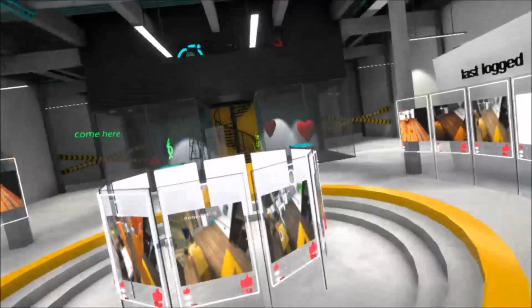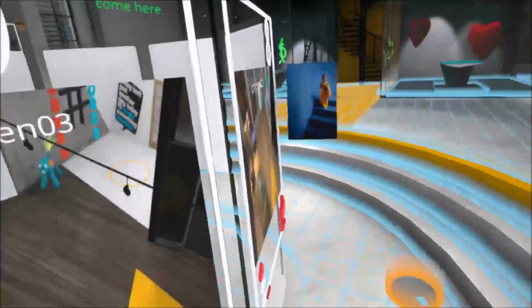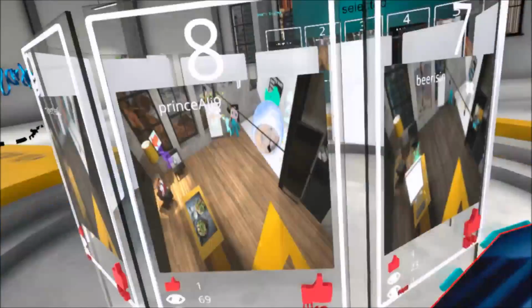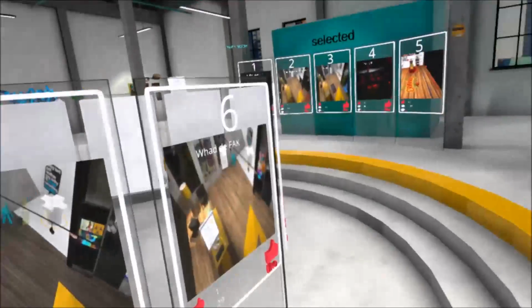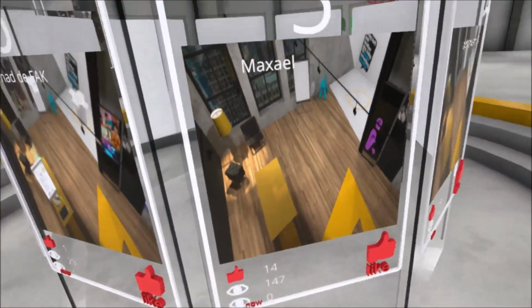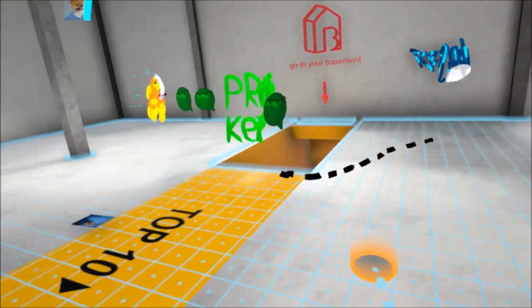Anyway, the newsfeed shows the most important and the most interesting scenes from all of our users. So you have information about the name of the user, how many likes a given scene earned, or how many views this scene